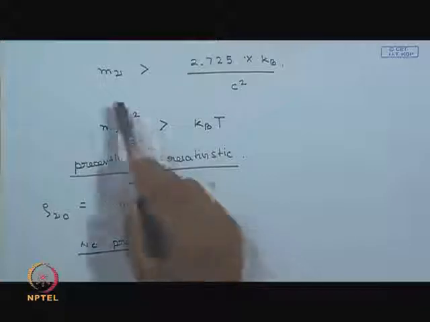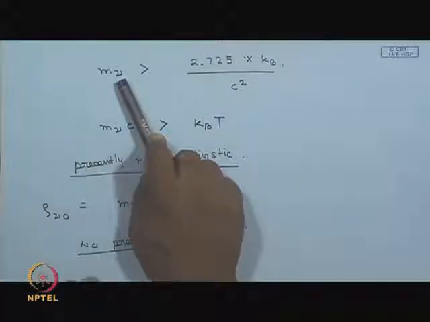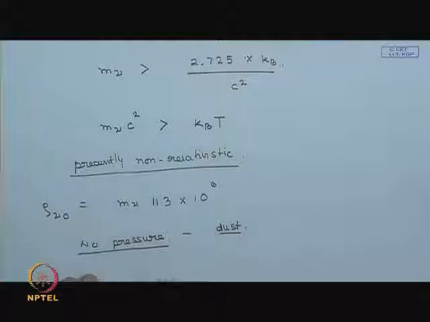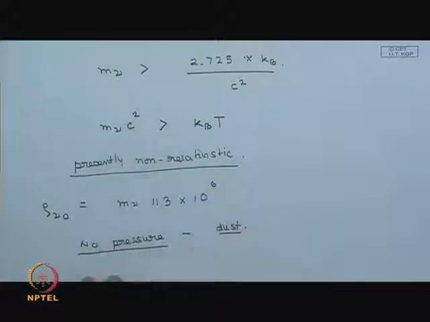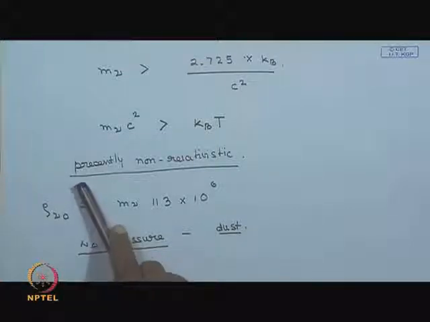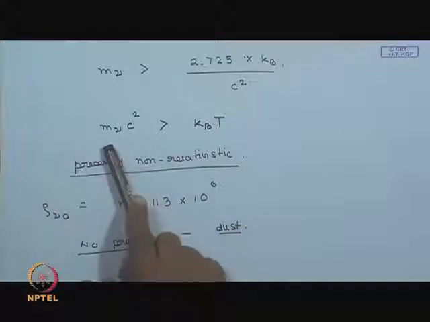So, the mass of the neutrino manifests itself sometime as the universe expands, and at present we assume that the rest mass energy of the neutrino is much larger than the kinetic energy. So, at present the neutrino is a non-relativistic particle, its energy is dominated by the rest mass,